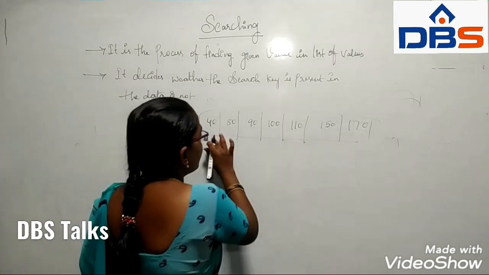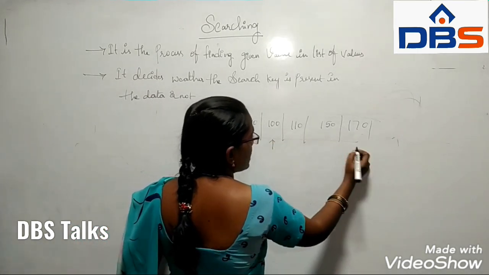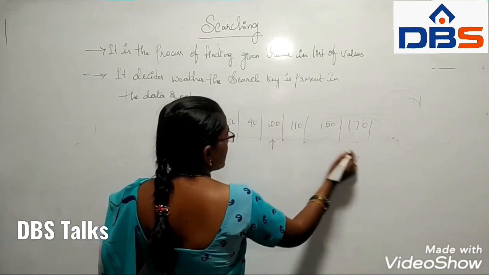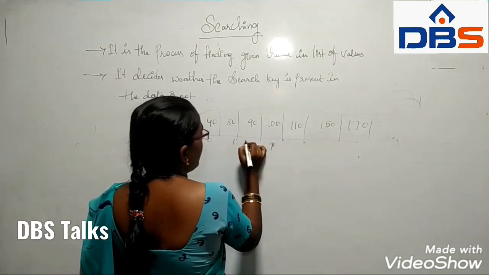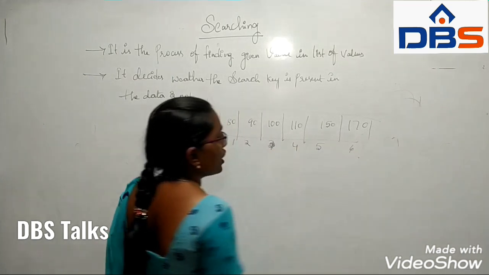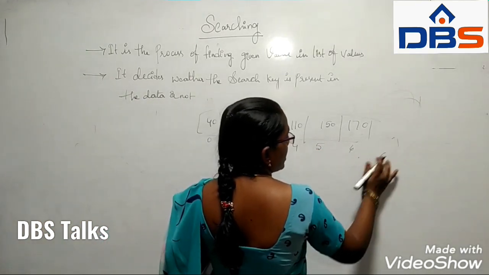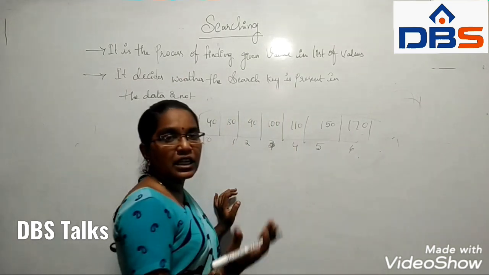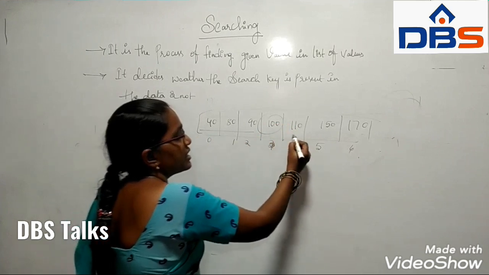First of all, you have to apply the divide and conquer technique. Here the size of the array is 7. So the middle element is this one. So 0, 1, 2, 3, 4, 5, 6. How are we going to perform the divide and conquer technique? The size of the array divided by, modulus 2. So when we get the remainder, we can say this one is the middle element. So this is one list and this one is another list.